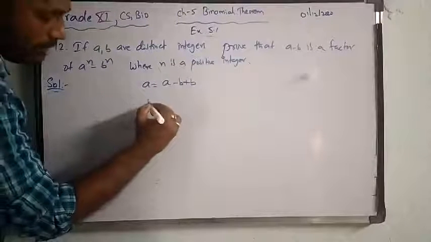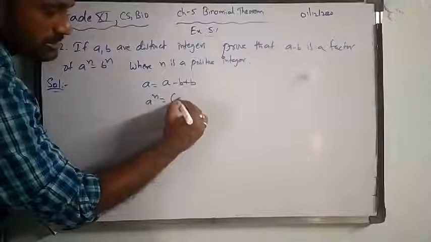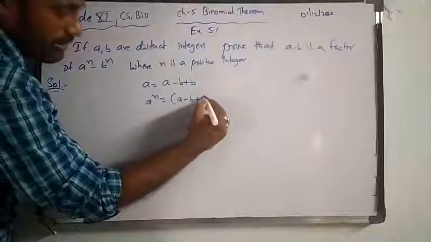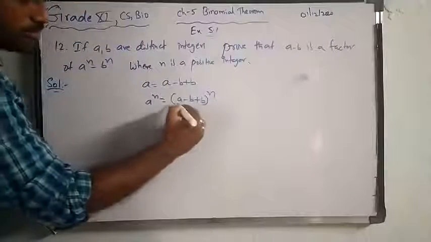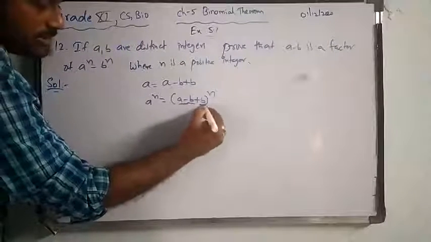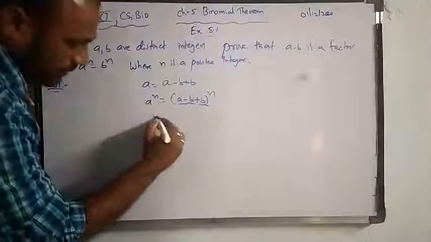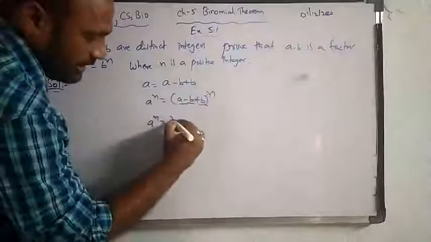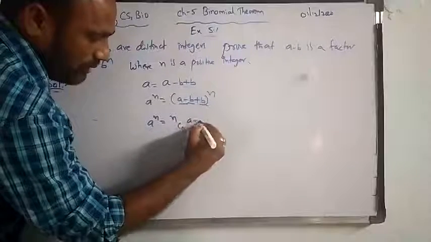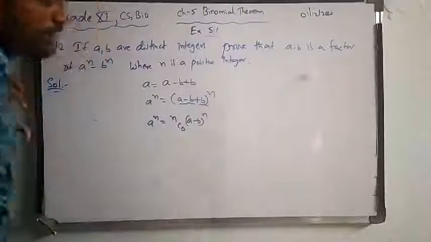So apply the power n on both sides, a to the power of n. So this I will treat as a, this I will treat as b. It is in binomial expansion now. So a to the power of n is equal to nC0 (a minus b) whole to the power of n